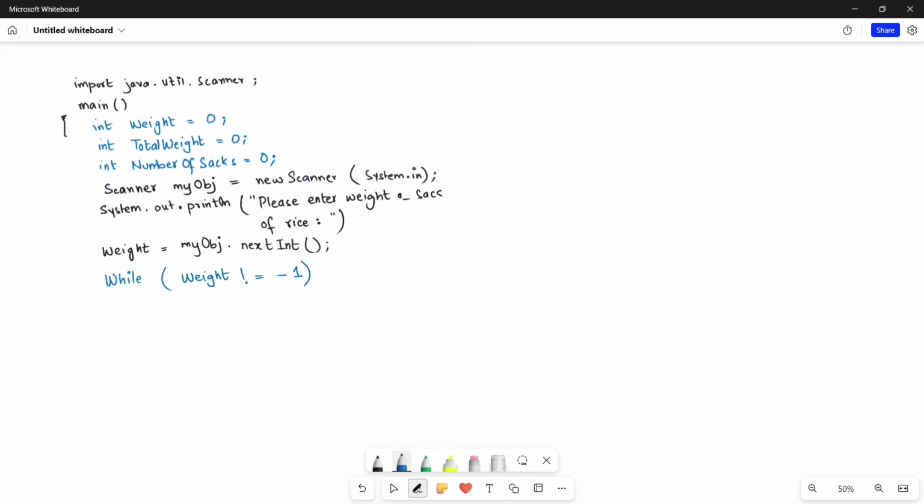Okay, so inside the loop, you will calculate the total weight first. So total weight will be, let me write it small, total weight, use the method of totaling. Total weight equals total weight plus weight. That's the formula for totaling. Next, you will increment the number of sacks,